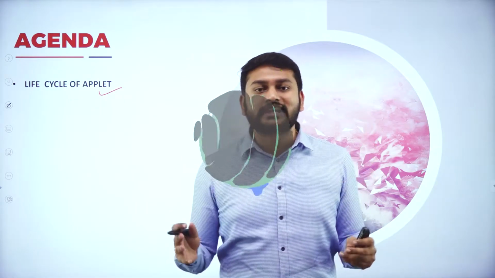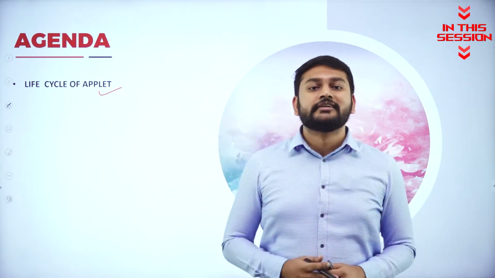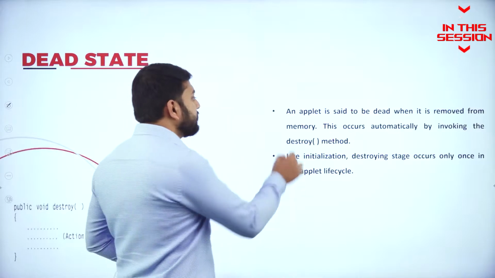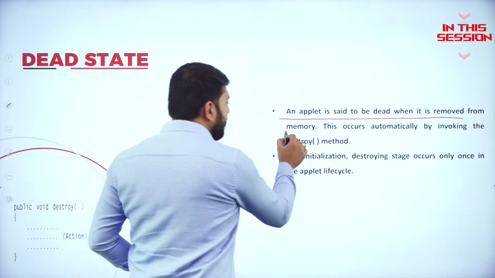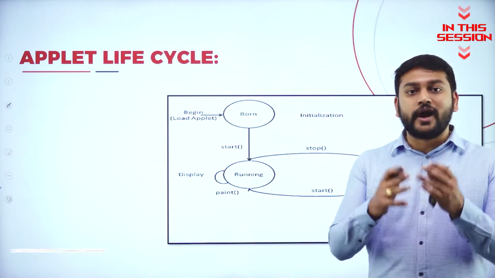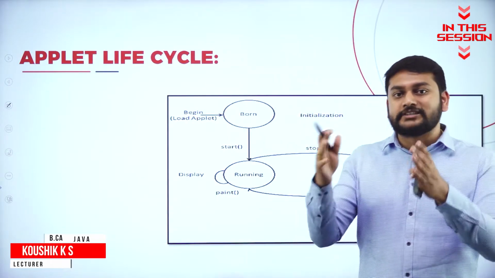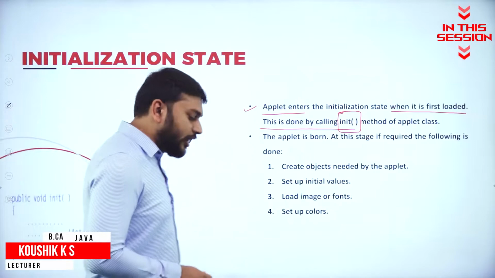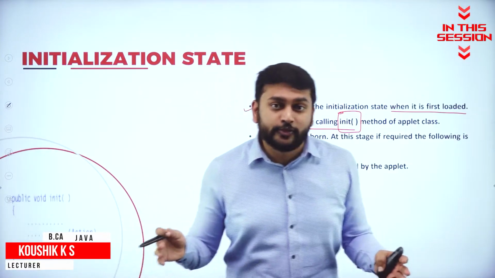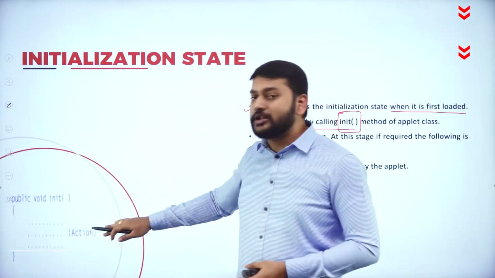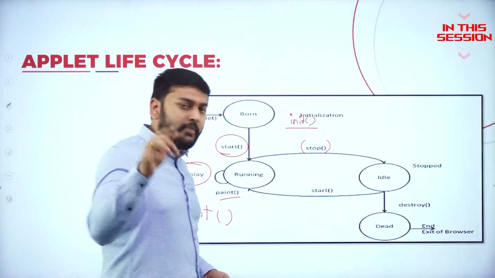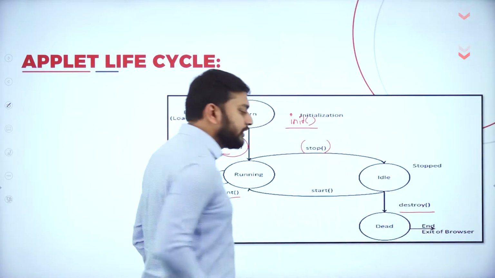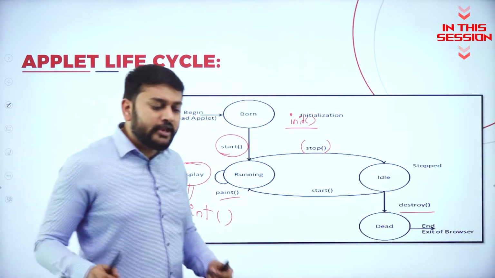Stay tuned to understand the concept of applet life cycle. An applet is said to be dead when it is removed from the memory. Now, it's time for all of us to understand individually, step by step, about the different states. Sir, how exactly we are trying to do that with the programming? So I have the small snippet for all of you here. Please observe. So I will be using the method called destroy. So this is going to be a very, very important point.